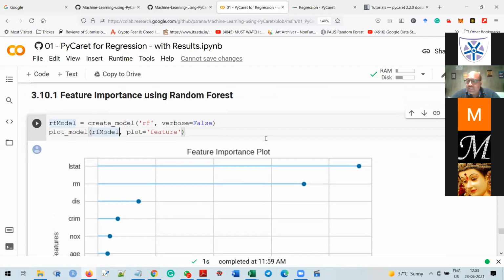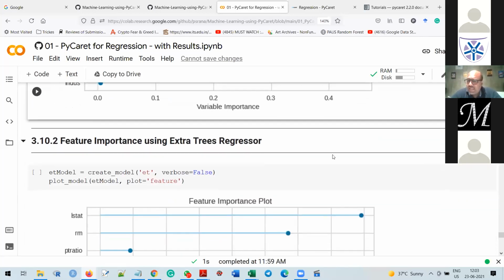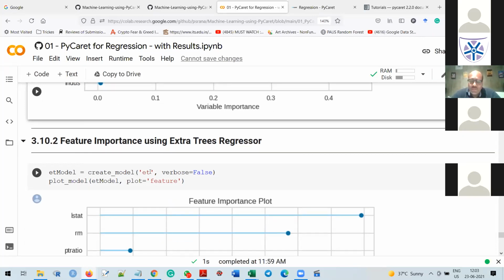Okay. So class, this is the most important thing, because several times a researcher, reviewer, teacher, faculty or student may ask, sir, how exactly do we determine which are the most important features? Let's suppose you are working in cancer treatment and you want to know which is the most critical parameter we should focus on. This is the way we can visualize our complete set of features according to their importance.